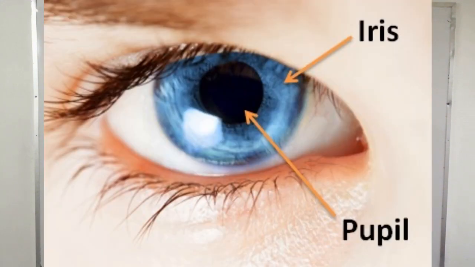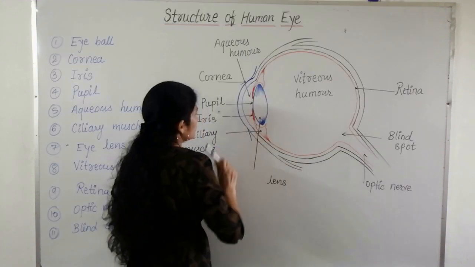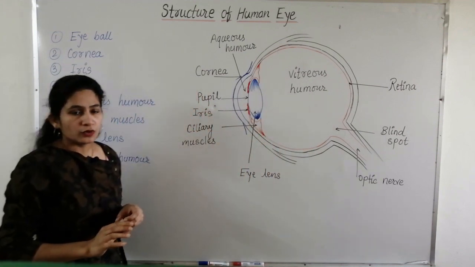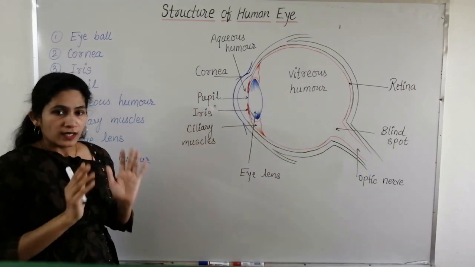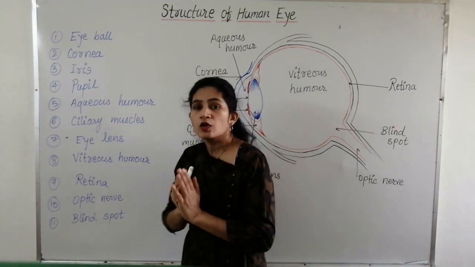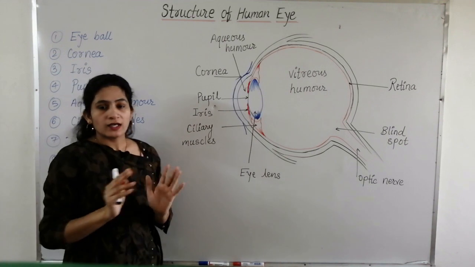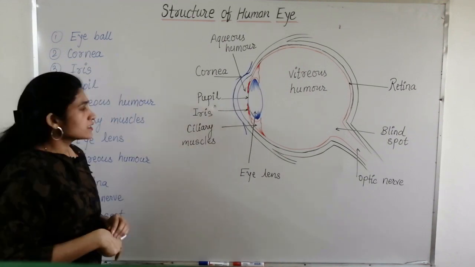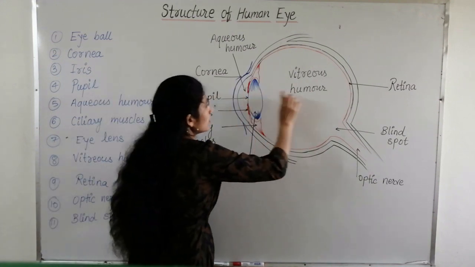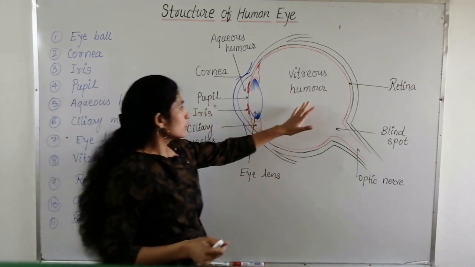At the center of the iris, there is a hole called the pupil. It is the hole or opening through which light enters into the eye. This is known as the pupil. The pupil looks black because all the light enters into it and no light is reflected. We know that when no light is reflected, that object looks black. We discussed this in the previous class. Therefore, the pupil looks black. It is the hole through which light enters into our eye.